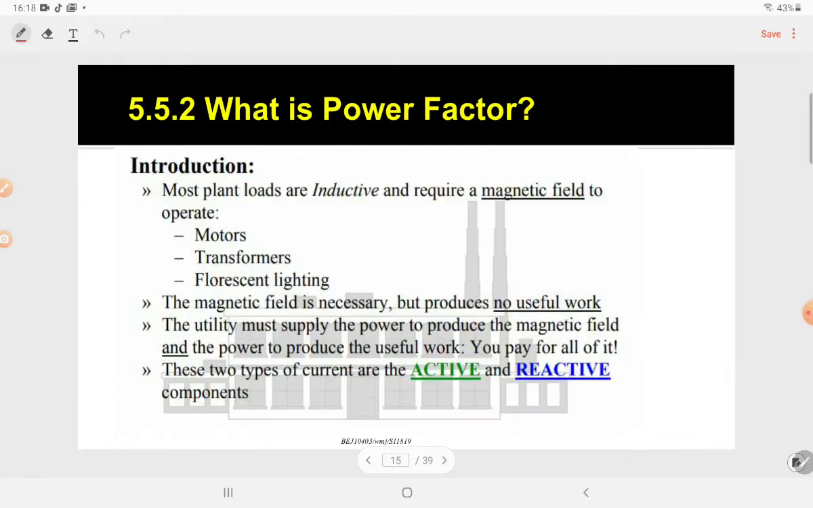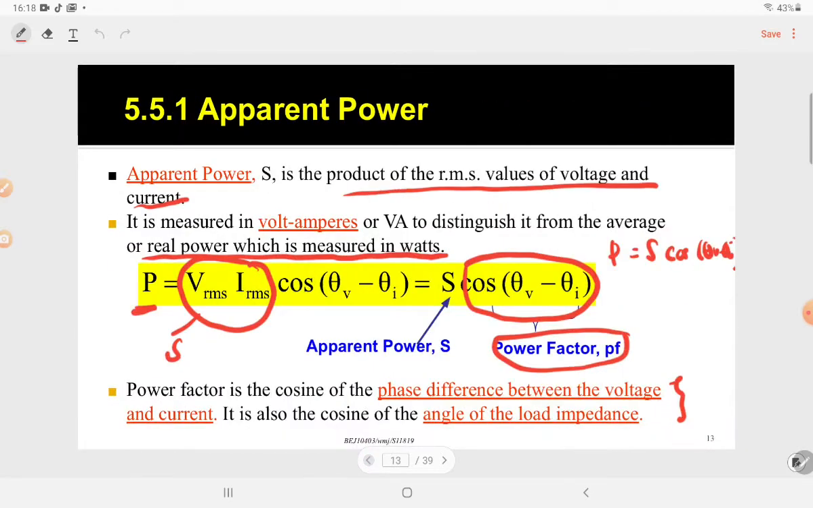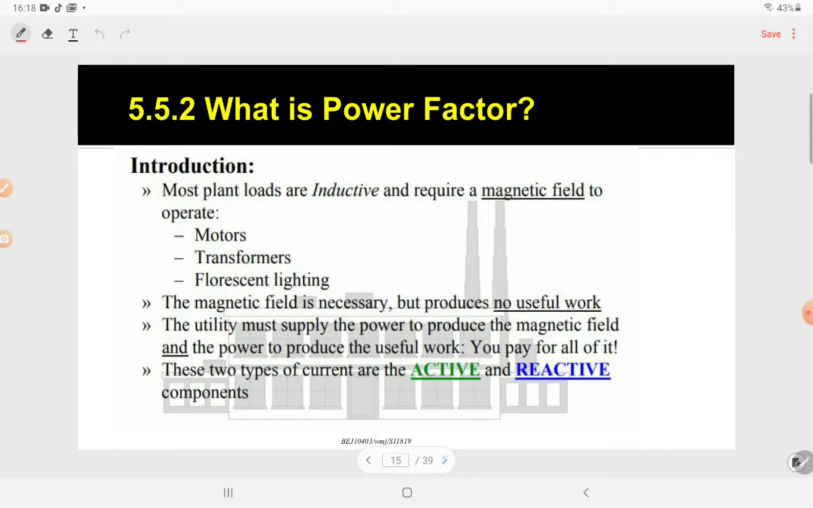Okay, so next we go to the power factor. From the formula that we see here, you see we have a power factor, which is cos(theta v minus theta I). So therefore what is actually power factor? So with some introduction,